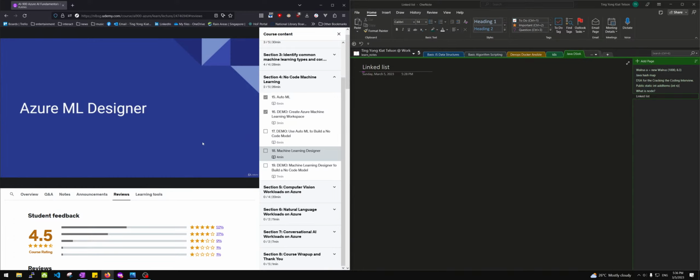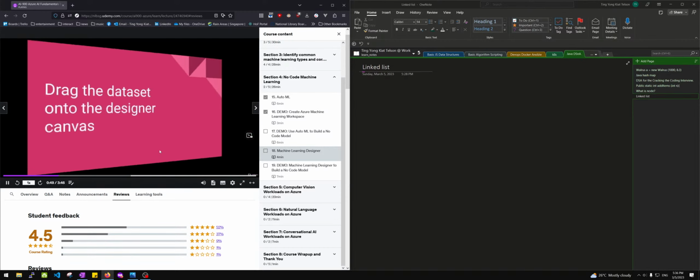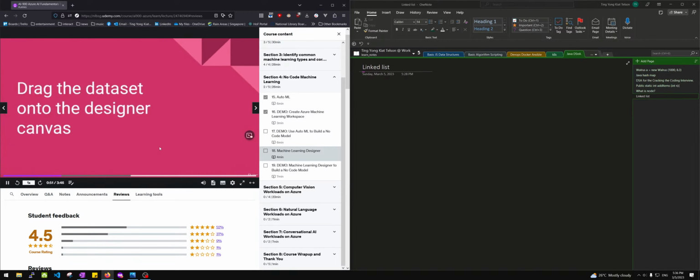And so the option for that is called the Azure ML Designer. So it is one of the ways that you can build a model within Microsoft machine learning. So this is considered a no-code approach, like the automated ML. So you're not actually writing any code, you're just building the model. For example, we're going to see this in a second. I'll do a live demo with the ML Designer just like I did with the Auto ML. But you can draw